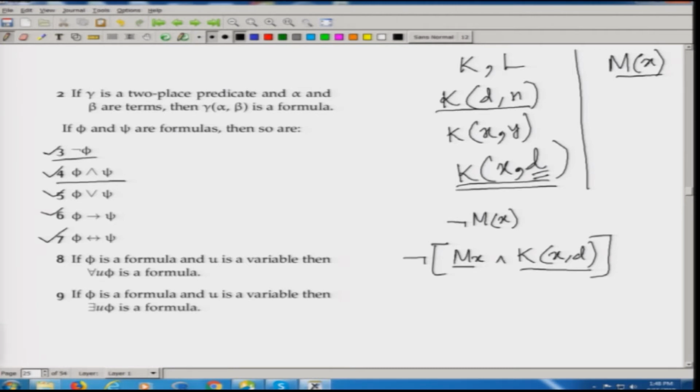So by the same token, I can extend this rule. I can have anything. I can have KXD implies MX, or I can then negate it. I can do anything. What I cannot do is this. I cannot write